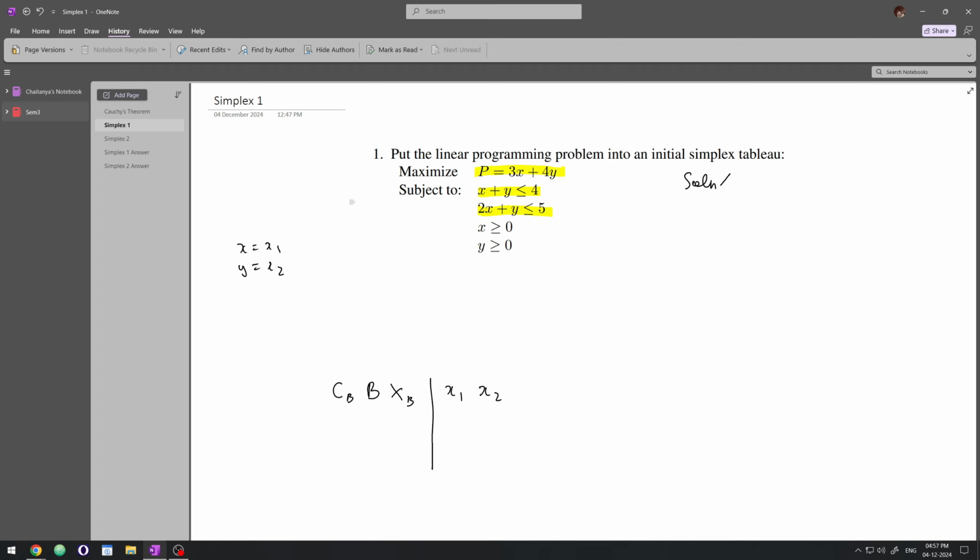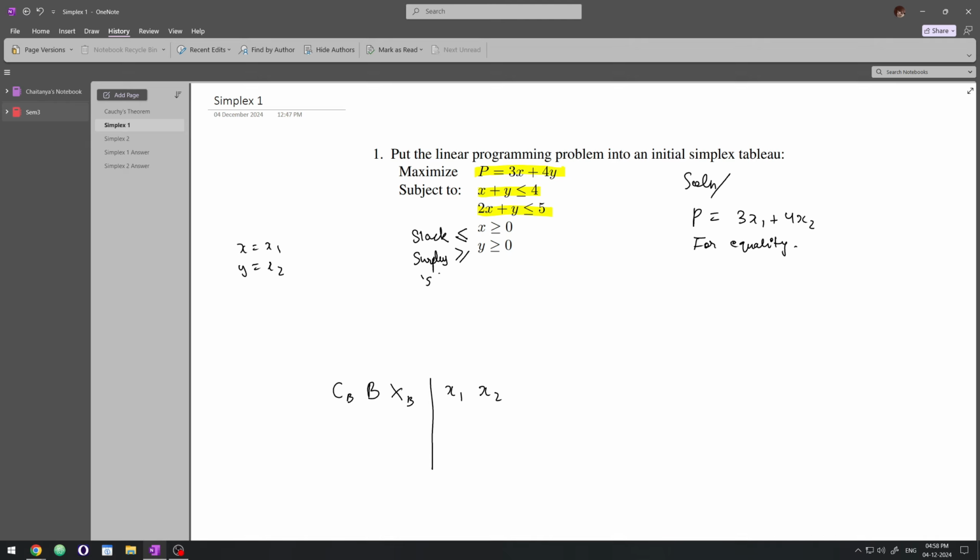So the solution of this problem, we have this which we need to optimize, 3x1 plus 4x2. We have the constraints. These are inequality constraints. We need to convert them to equality constraints. So for equality constraints, we need to add what is called a slack variable. For lesser than or equal to constraints, if we have greater than or equal to constraints, we need to add something called as surplus variables. So here both of them are lesser than or equal to, so we're going to be adding slack variables